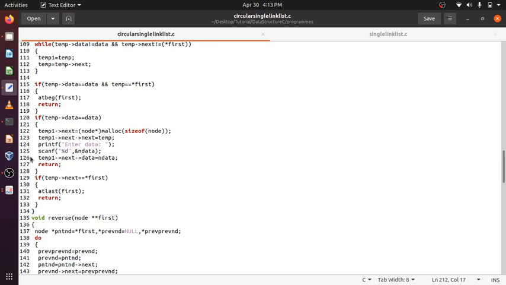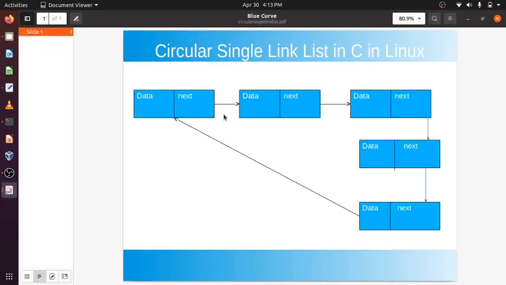because it is insert before, I just need to create a node here. Temp1 will be pointing here, and this will point to temp. Temp is here, temp1 is here.